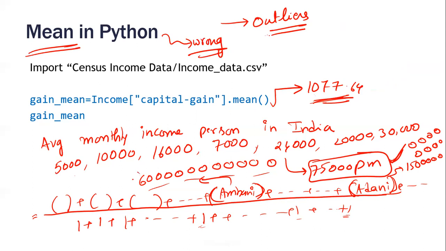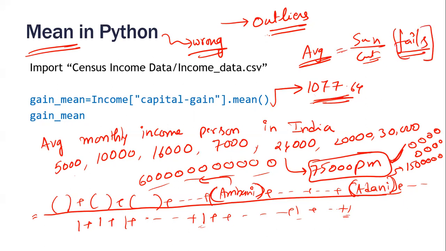The calculation of the mean has some caveats. Because until now in our life, if you want to find the average, we have only one measure. What is it? Sum divided by count. But there are some places where it utterly fails. We need to be careful. In which case does mean fail? Tell me. When there are outliers in the data, mean fails. There has to be a different measure. Look at this data.